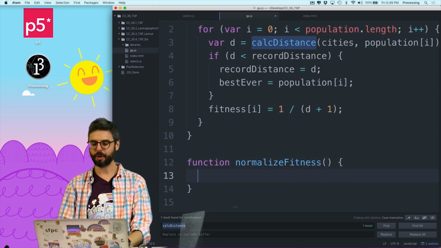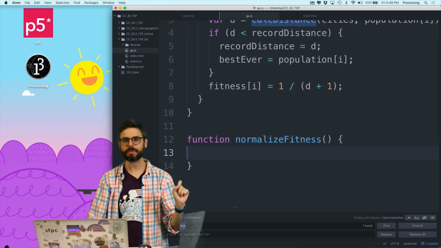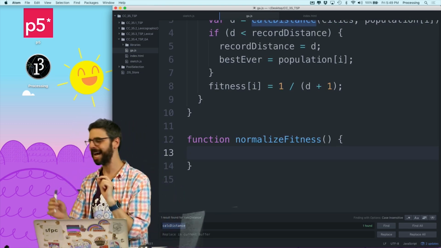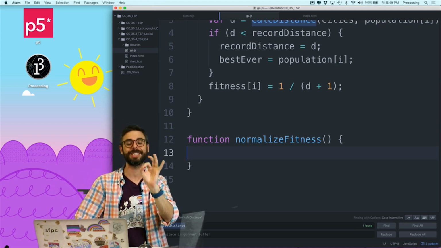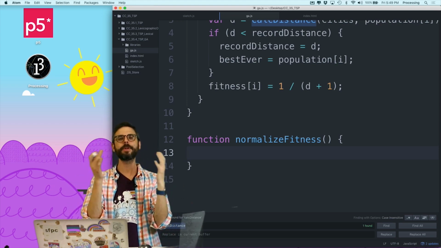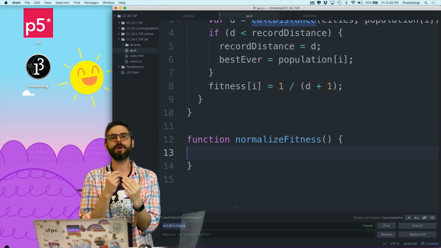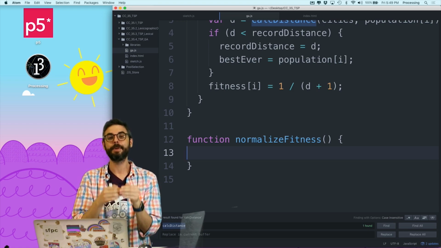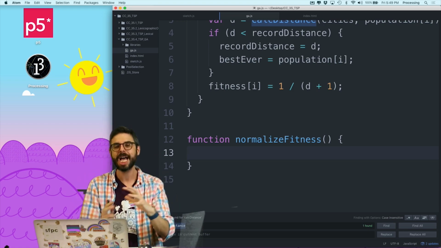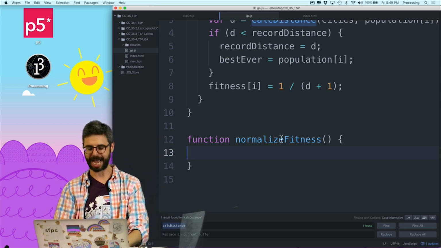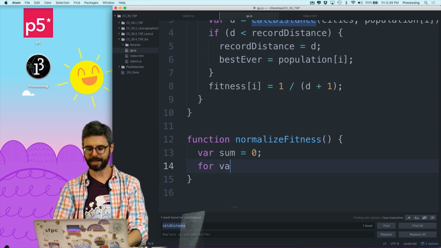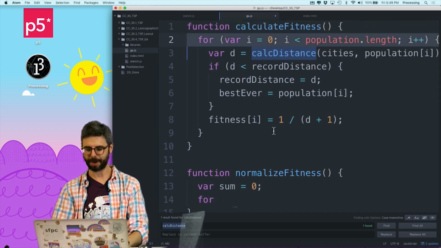because for the way that I'm going to pick them, and I'm going to mention another video that I made recently, I want all of those fitness values not to be just some arbitrary value that's higher or lower, but I want them to map to a probability between 0% and 100%, and I want all of them to add up to 100%. So the way that I do that is I first need to calculate a sum, then I need to loop through the entire population again,